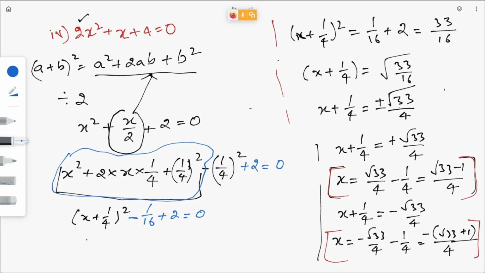Okay, next x plus 1 by 4 whole square is equal to, if you take it here, you will get 1 by 16 minus 2. Okay, first copy this one. Copy this and then